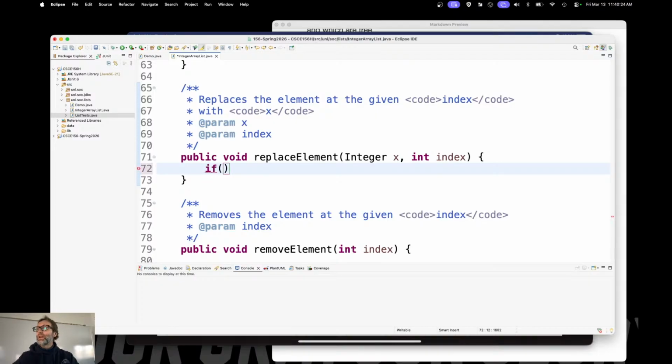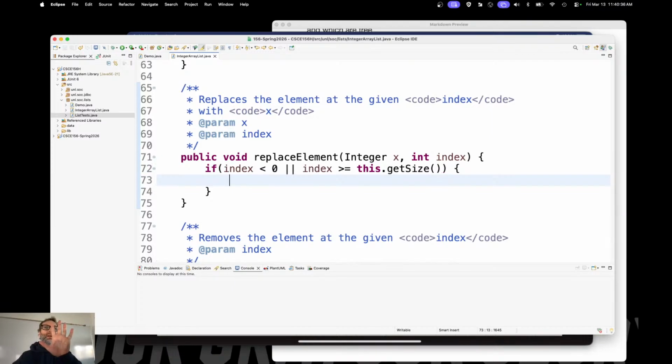Yep, bounds checking, exactly. If the index is negative, or if the index is greater than or equal to the size, right? Equal to because you're asking for something that doesn't exist. If there are 5 things in there, you can't ask for the 6th thing, 0 indexing. Throw a new runtime exception. Runtime exception. Cannot replace element at index